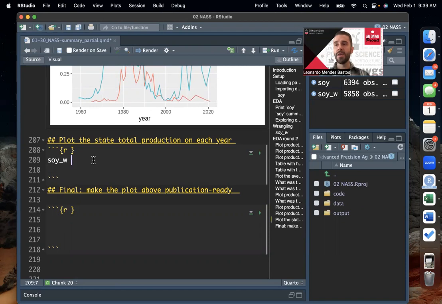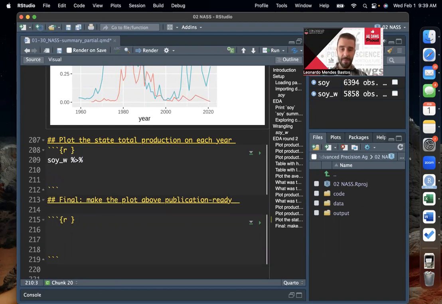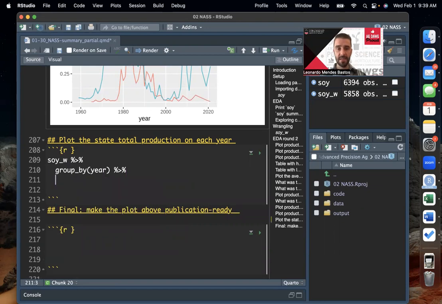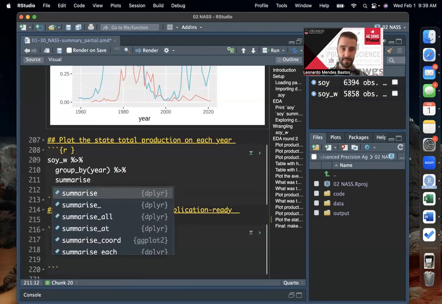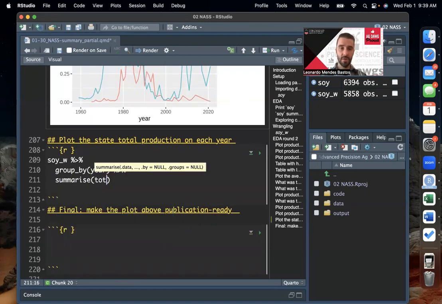Okay. So we're still going to do a group by here. So we'll go ahead and add a pipe. Let's do a group by year. We're going to connect that to a summarize. And I want to call this column total prod, say equal. And now what